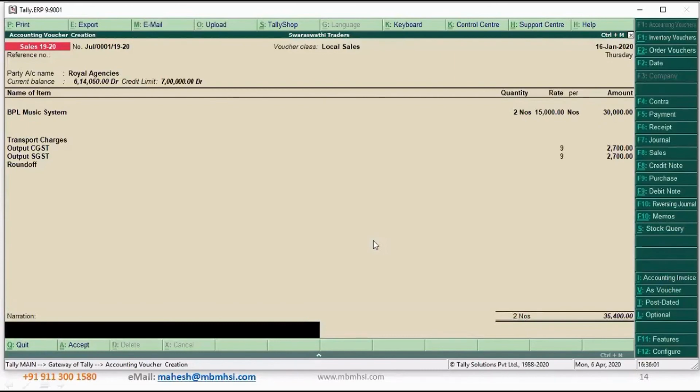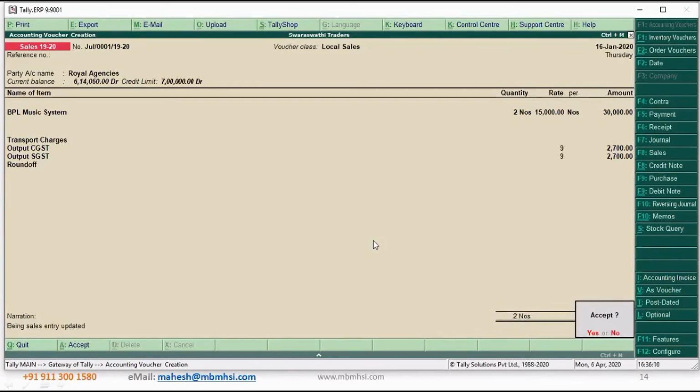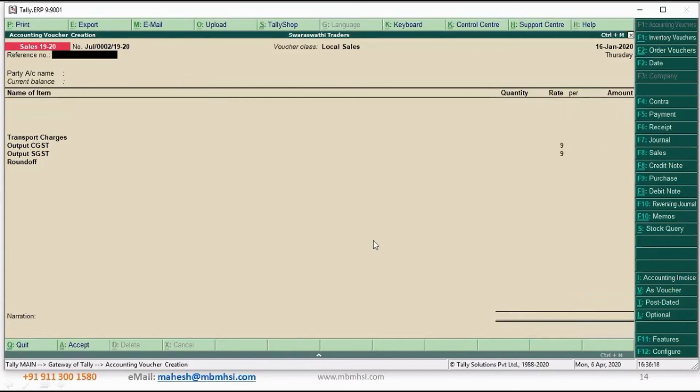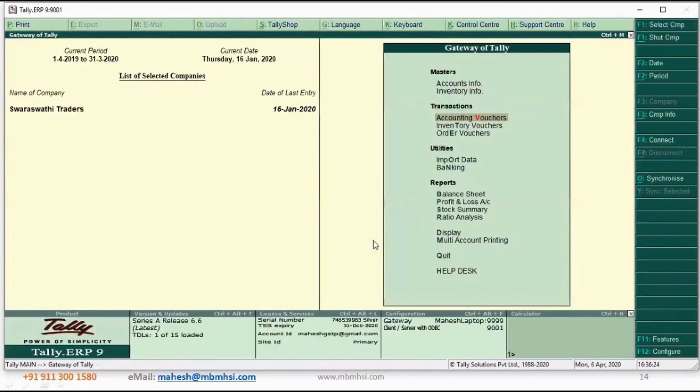And I'm just saving this transaction just to show you how the parameters will work. So I've just saved this. Okay, I still have some credit, I could still use this credit. So this transaction has got saved. Now, if you look at the report,